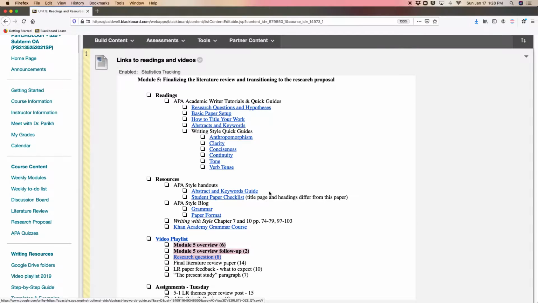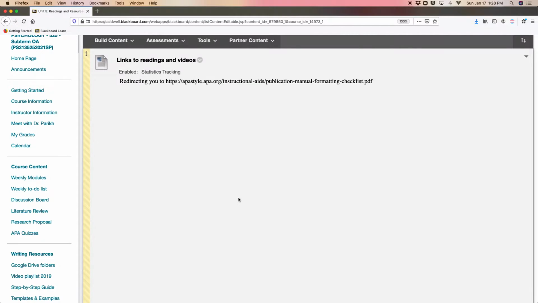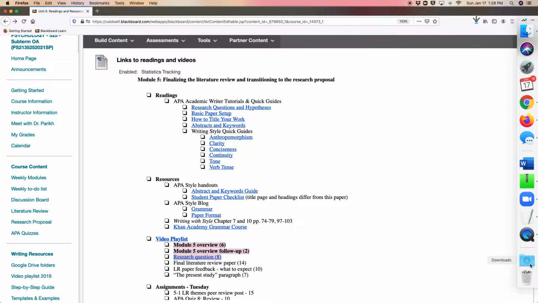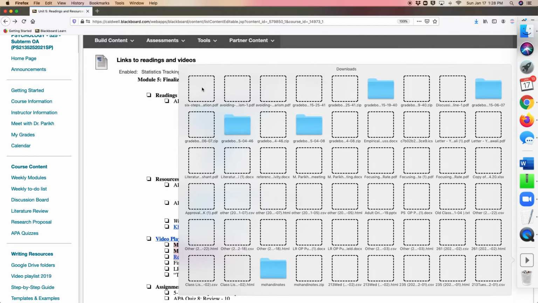And there's an abstract guide and a student paper checklist. One thing to always be aware of is,